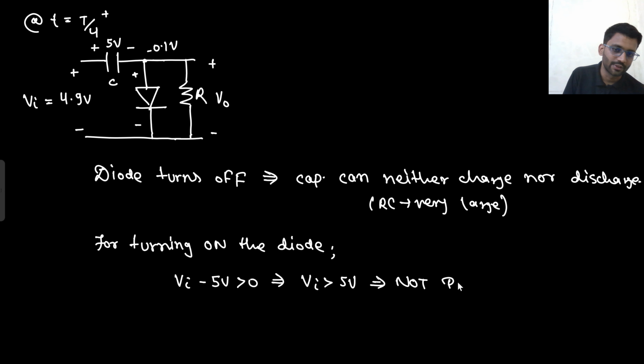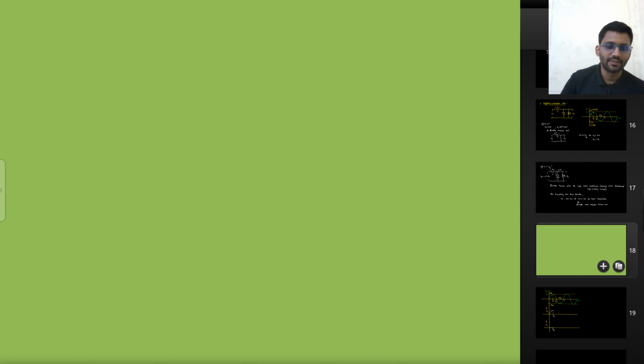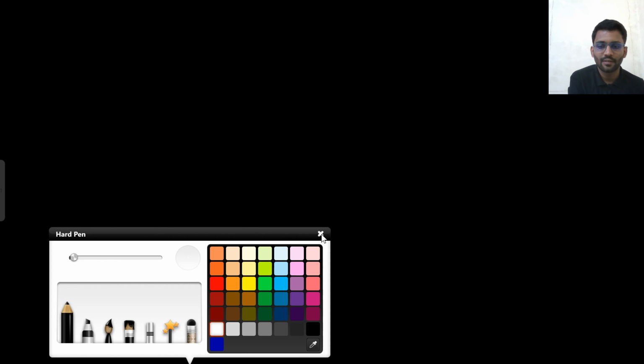This is not possible. And if this is not possible, then what will happen? It is not possible, so the diode can never turn on. So what does that mean? That means that Vc will always be at 5 volt, always,